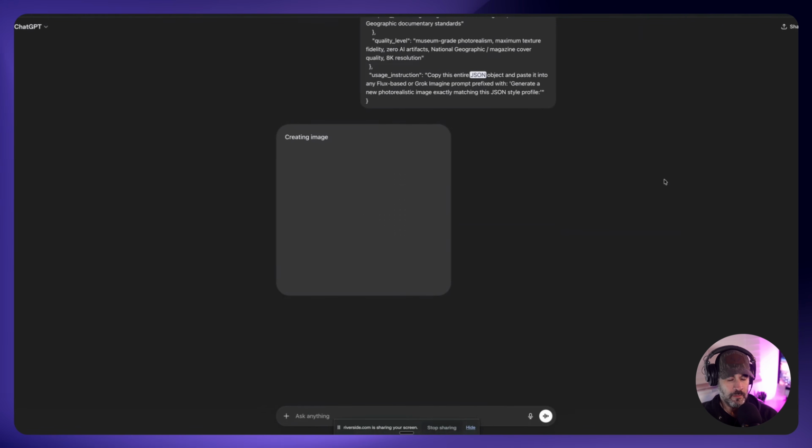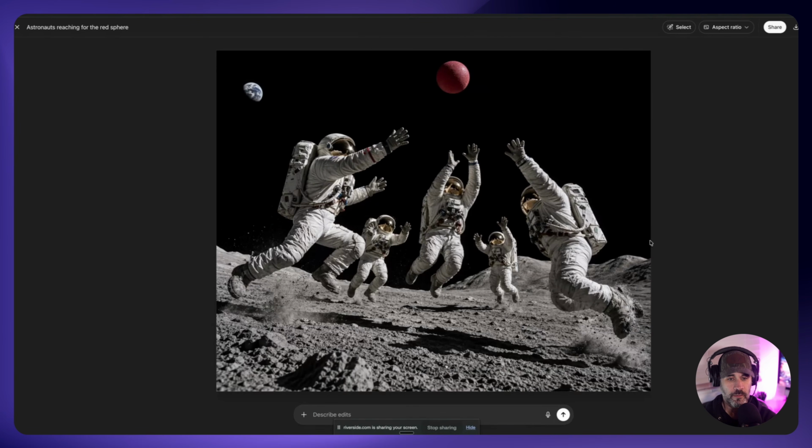All right, so it's going to create the image and be back when it's finished. All right, so here is the image. And as you can see, there's a group of astronauts that are trying to play kickball, but the ball floated away. And they are all trying to get the ball before it floats into outer space, never to be seen again. Now, here's a really cool thing that's built right in that makes it very, very simple.